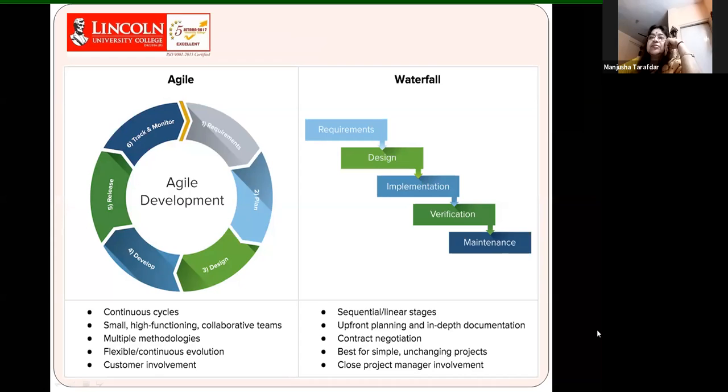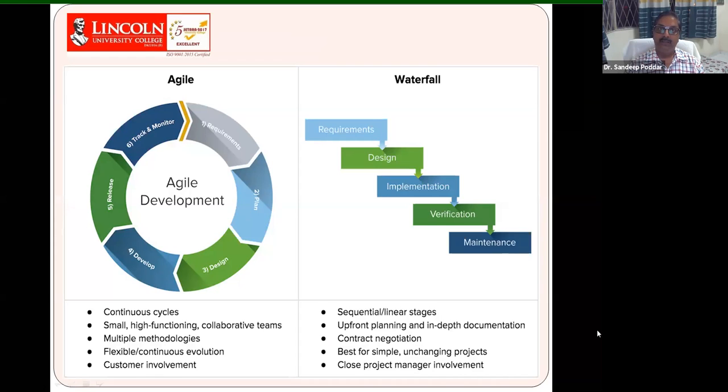Agile project and waterfall, both are delivering a project, but agile is giving part by part. But with waterfall, you can deliver the first part, second part, part by part, you can give the delivery. But waterfall, you cannot give part by part. You have to give directly the final result.